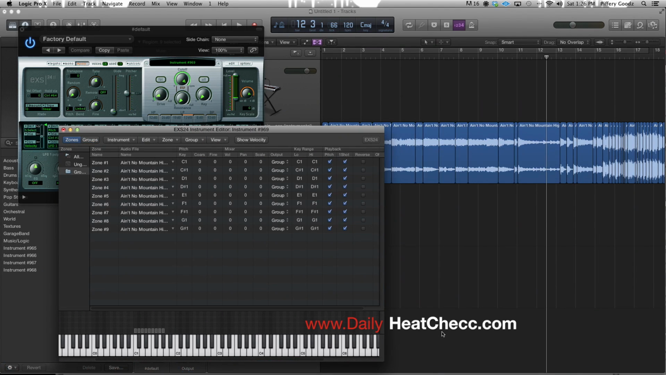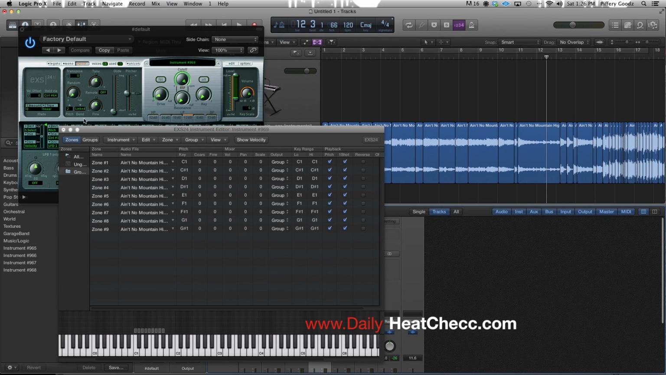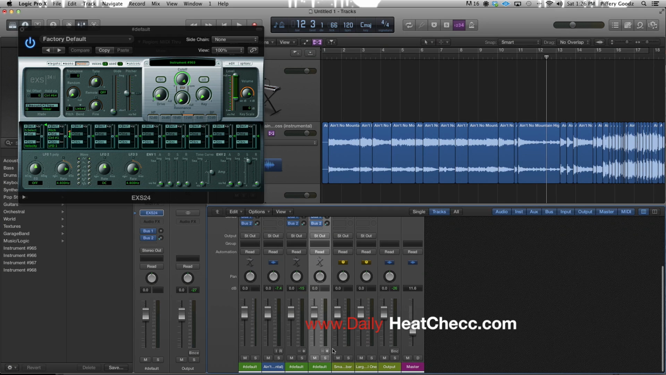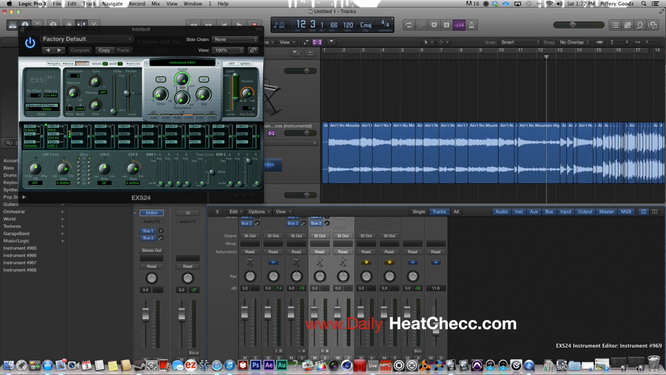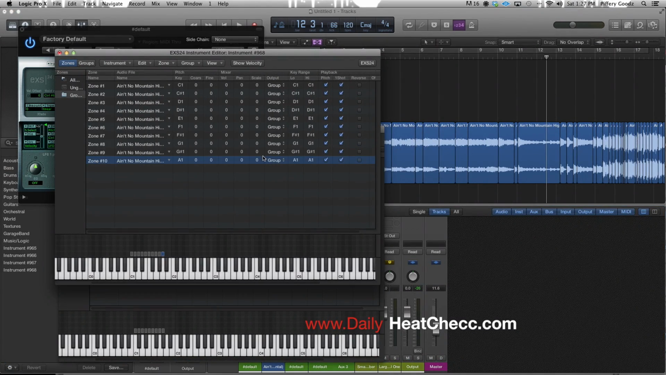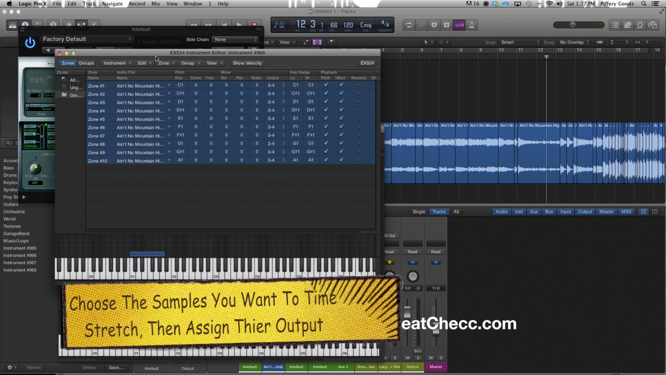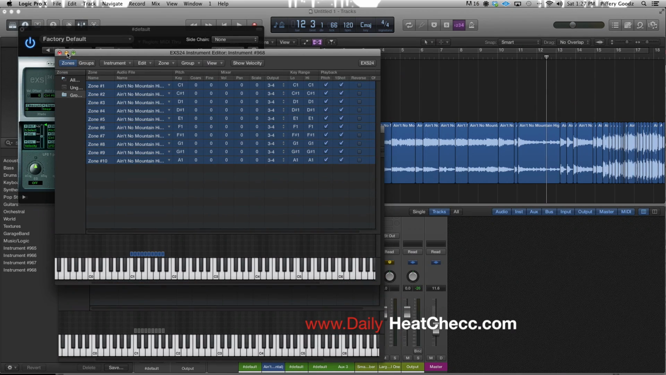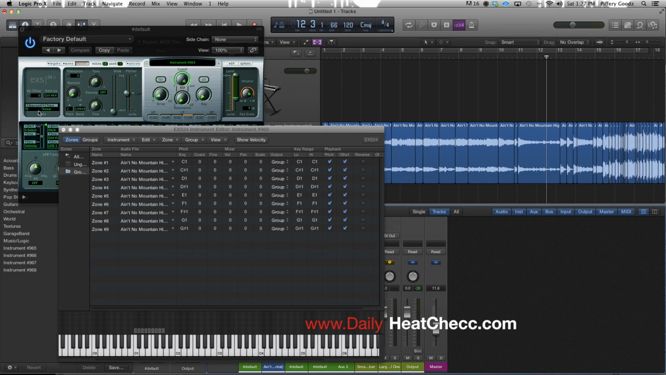Then we're going to go into our mixer. Once in the mixer, you're going to see that plus sign right there. So we're just going to click that plus sign. We're going to bring back up the ESX. And then it says output. We're going to choose our output for 3 and 4. Once the output is selected for 3 and 4,